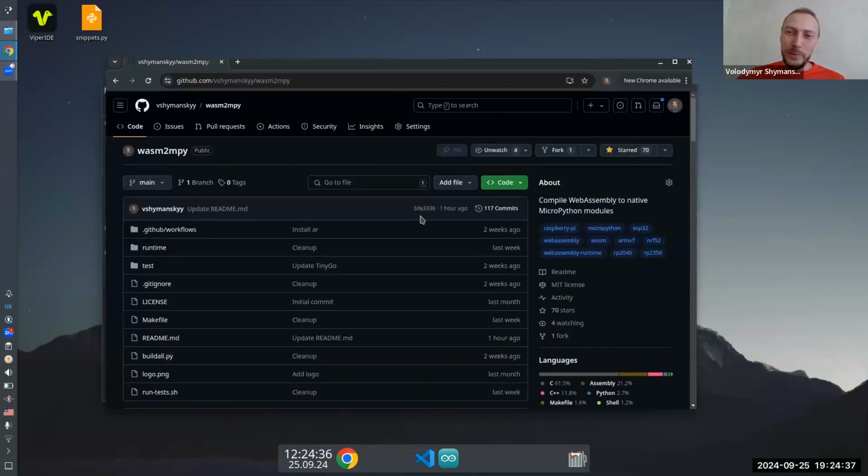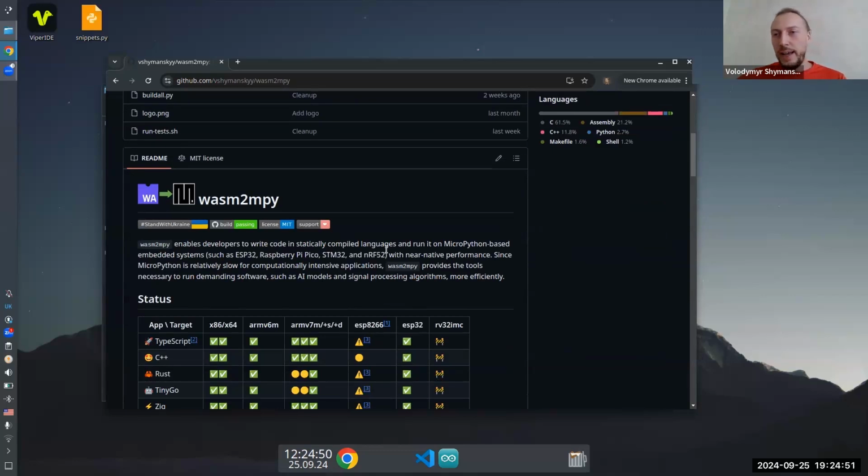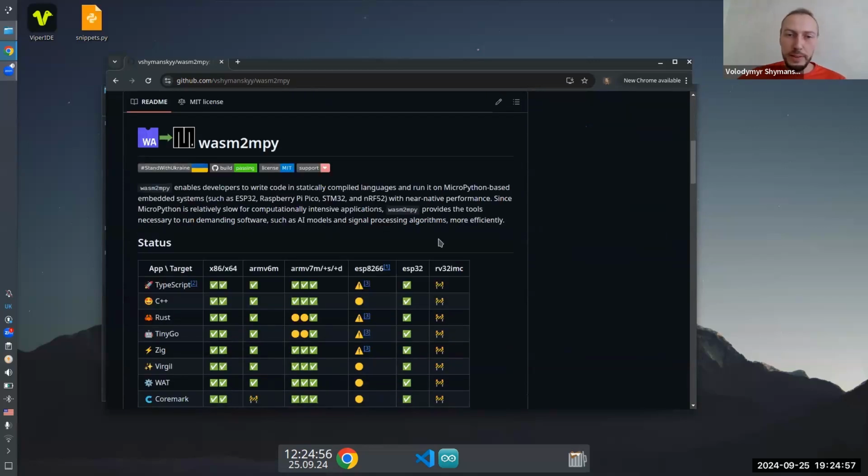I think this is one of the challenges, and also one of the benefits of this project. This is a real life use case for native modules, and it's on the edge of several different technologies like WASM and native modules on MicroPython.